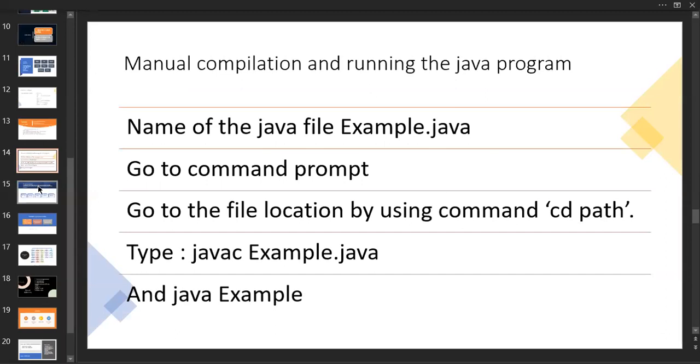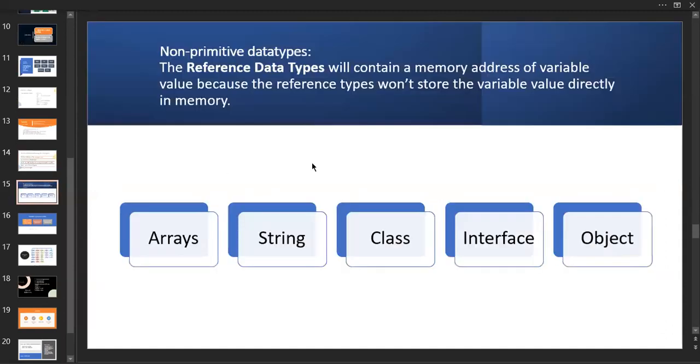Okay. Now we are going to discuss non-primitive data types. Think of this as a general overview only, because mainly we are going to discuss the primitive data types now. So just take it as a simple sample. We're not going to discuss it in detail, because all these non-primitive data types consist of more. This is somewhat different. After the completion of primitive data types, we are going to discuss this.